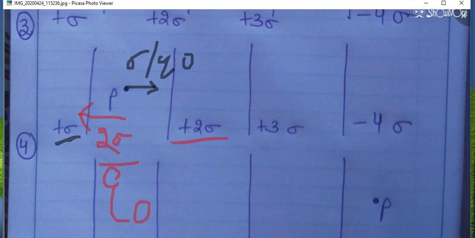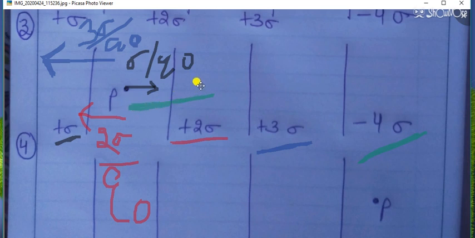So moving ahead, due to this positive 3 sigma, the electric field is in this direction, and its magnitude is 3 sigma by epsilon naught. Students, negative and positive we do not take, because negative and positive is for direction. We are taking only magnitude. So for the last, this minus 4 sigma, we will take the electric field in this direction, because due to negative, the electric field will be towards it.